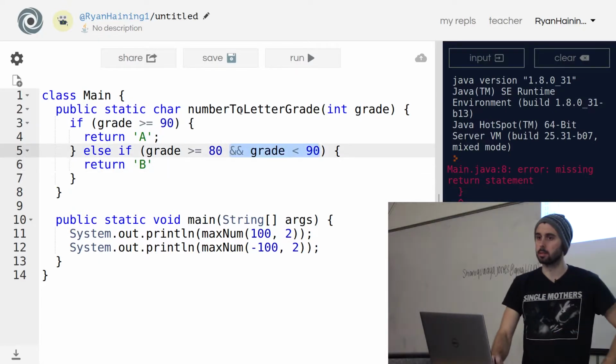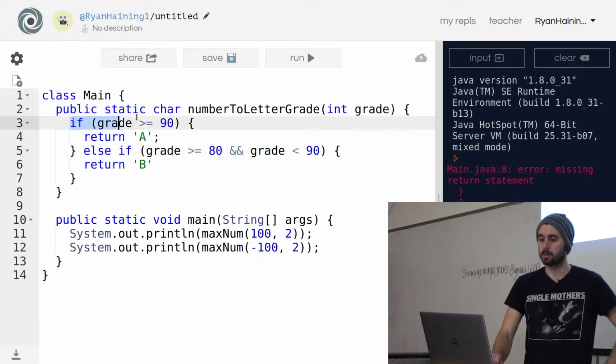But you don't need this and here. So let's say I call this with 91. It's going to check if grade is greater than or equal to 90. That's going to be true. So it's going to go to line 4. It's going to return A. And then we